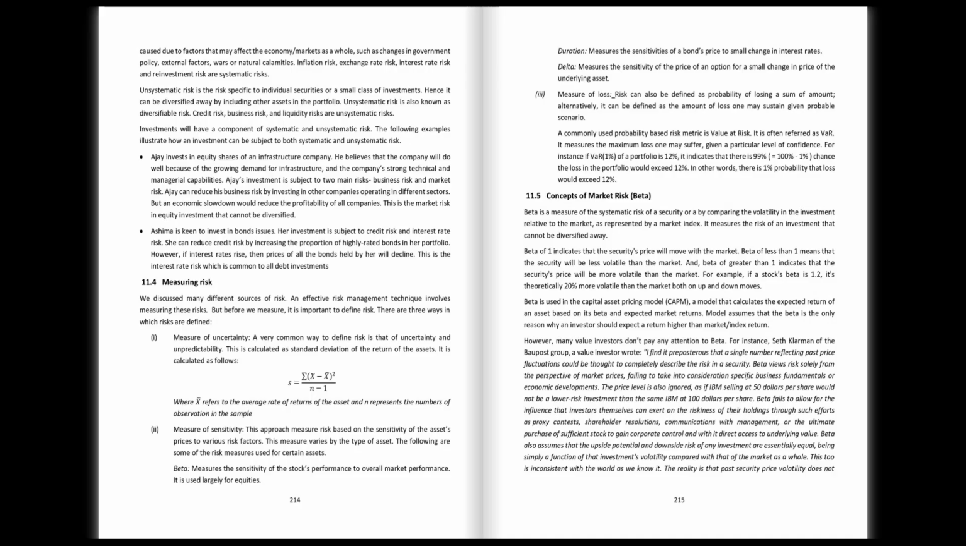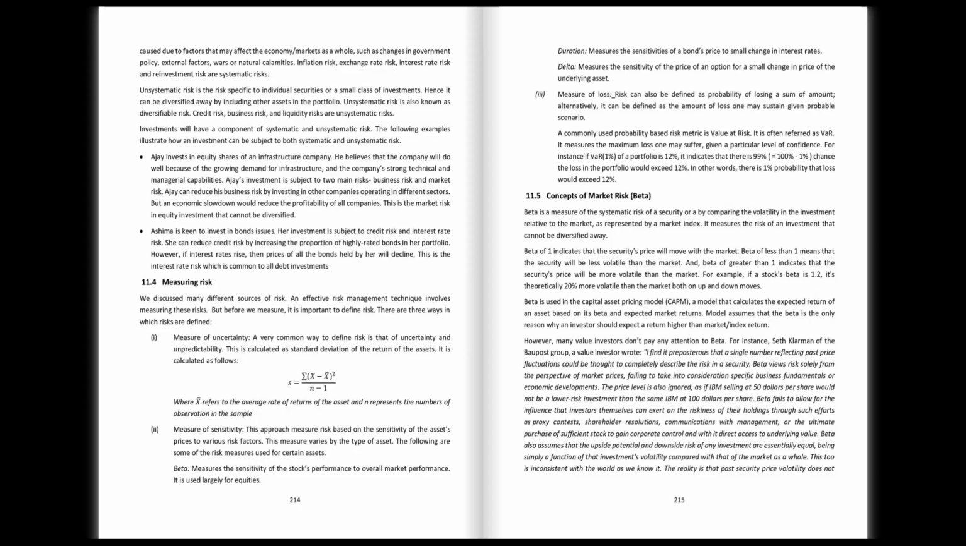A beta of 1 indicates that the security's price will move with the market. A beta of less than 1 means that the security will be less volatile than the market. And a beta of greater than 1 indicates that the security's price will be more volatile than the market. For example, if a stock's beta is 1.2, it's theoretically 20% more volatile than the market both on up and